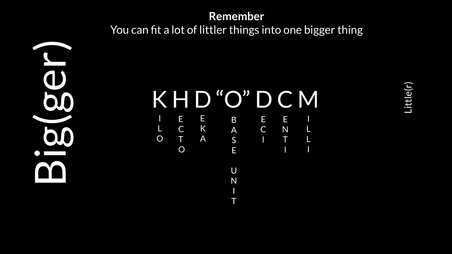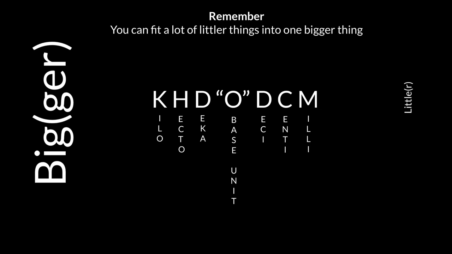Remember how we did this the other day? You had the whole "kids have dropped over dead converting metrics." And yeah, we all remember that. That was an easy way to remember some of the common prefixes. So K is for kilo. H is for hecto. The first D is for deca. Now, something that we should add to this